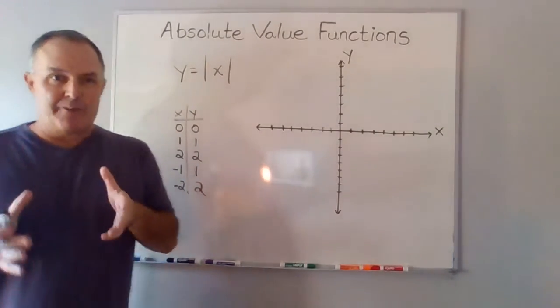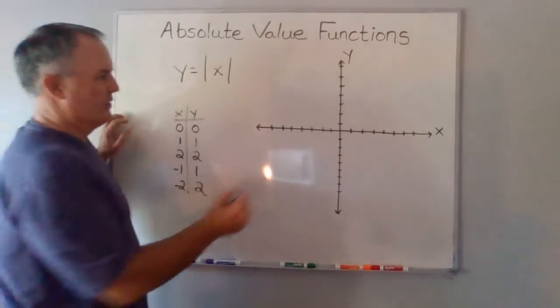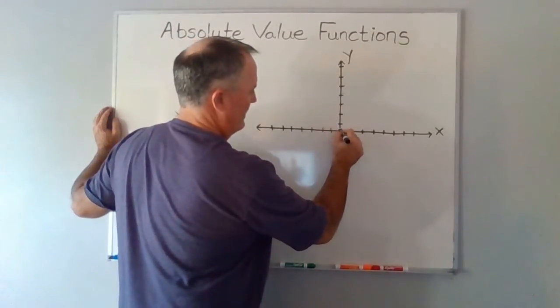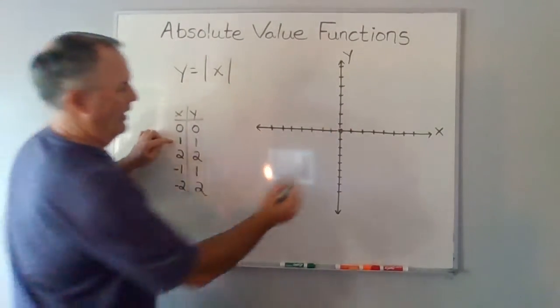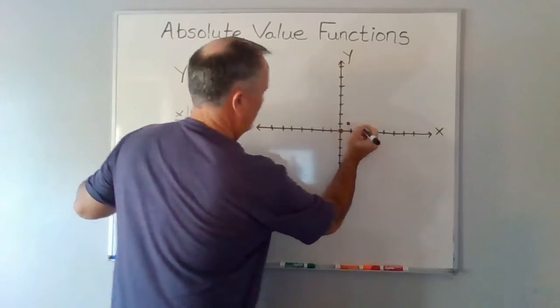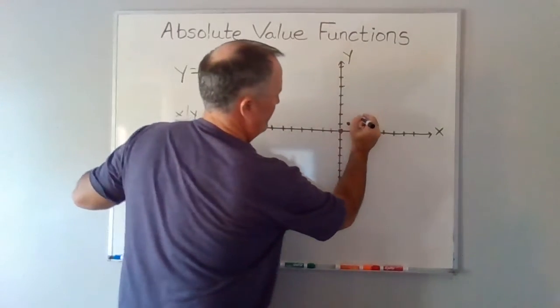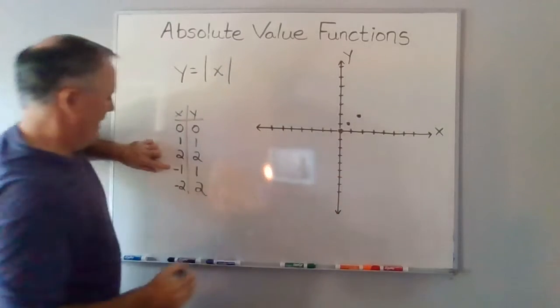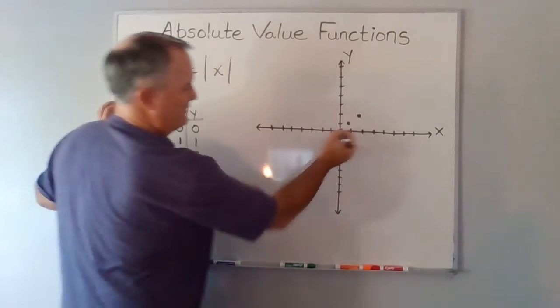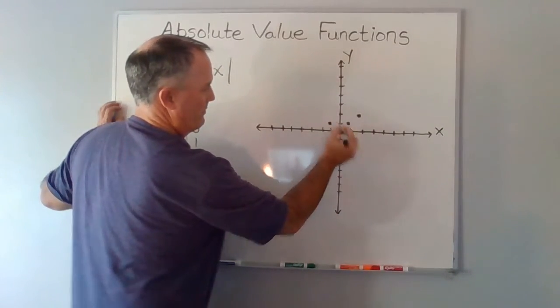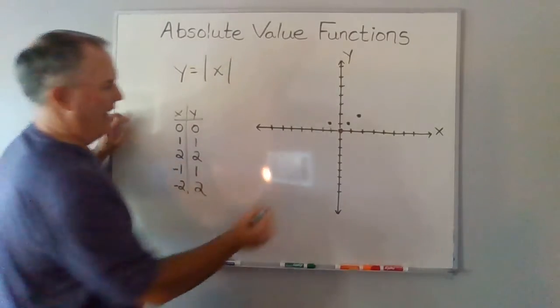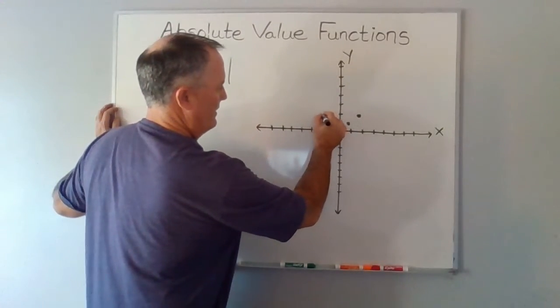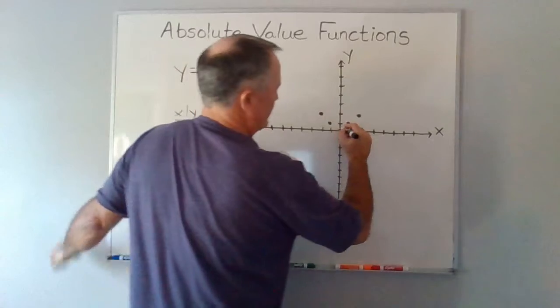So here's how we graph it. 0, 0 is our origin. And we got 1, 1, 2, 2, -1, 1, -2 and positive 2. And if you notice,